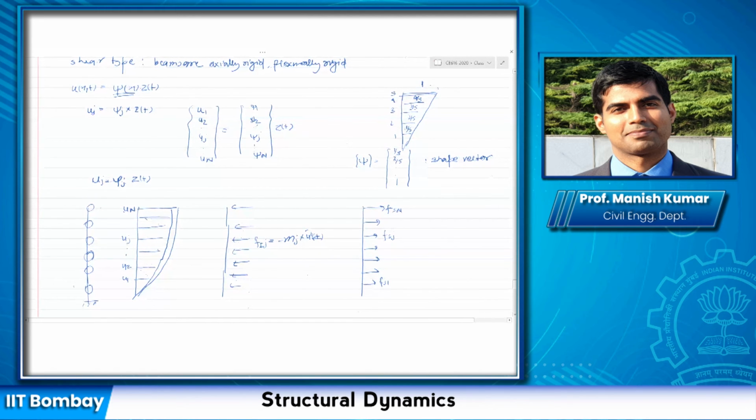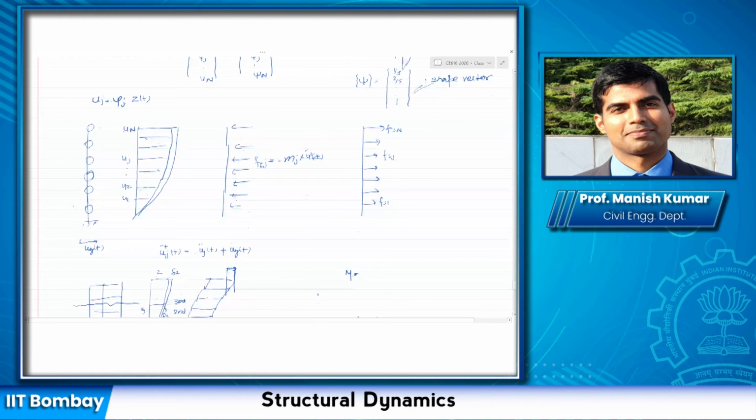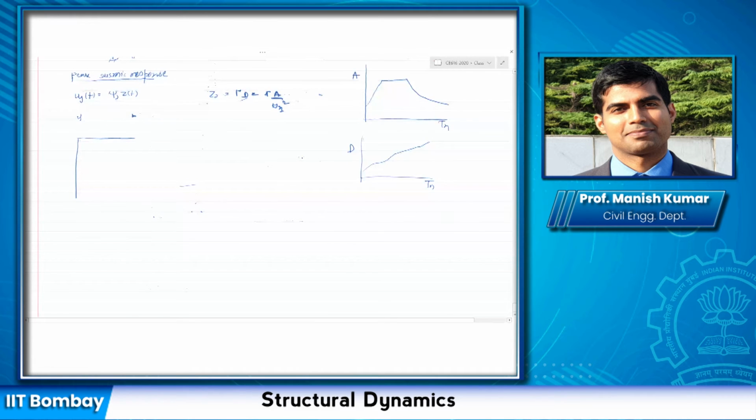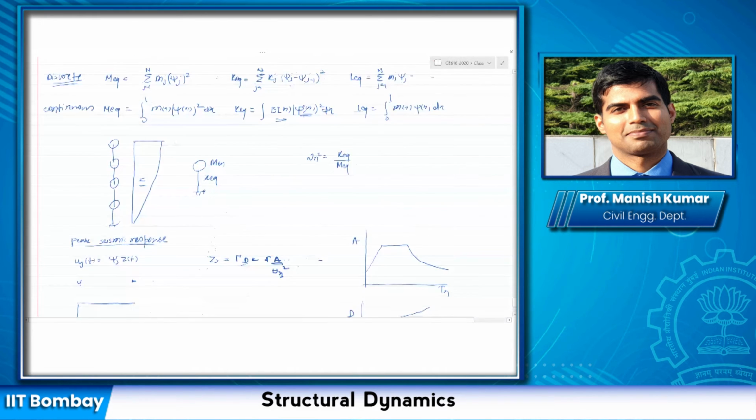Is the problem clear to all of you? I have a 5-story building and the 5 masses lumped at each level as m. And the story stiffnesses at all the levels are k. The shape factor I'm going to represent through this shape factor here. And then you need to find out, using the expressions that we have derived here, what is the mass equivalent, K equivalent, and then utilizing this, what is the frequency? Please take 5 minutes to do that while I just try to fix this.